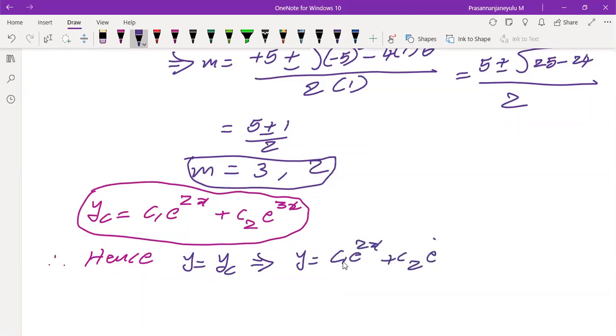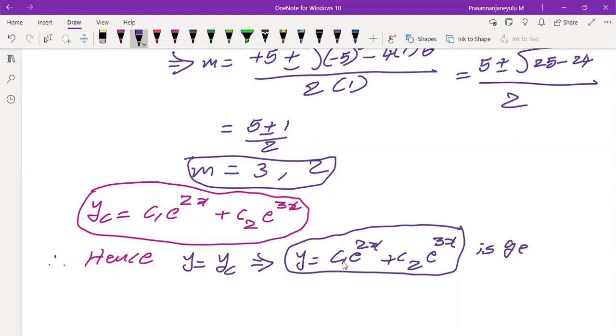So while you are going to attend the next class, listen carefully. Okay, learn these formulas carefully and try to learn how to find the roots. I just discussed only the quadratic equation, but next class we are going to discuss order 3, order 4, 5, like that. This is the general solution of the given DE. Understood?